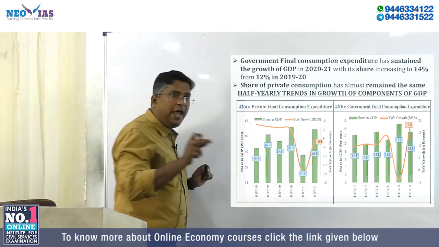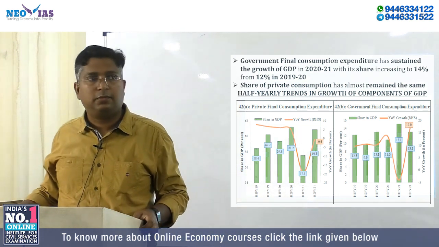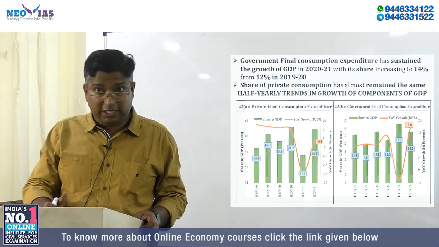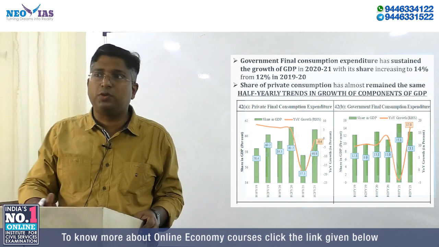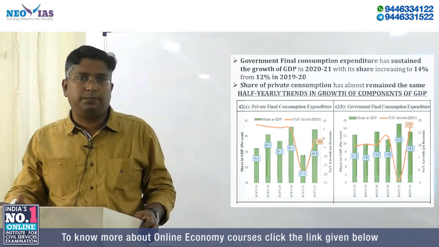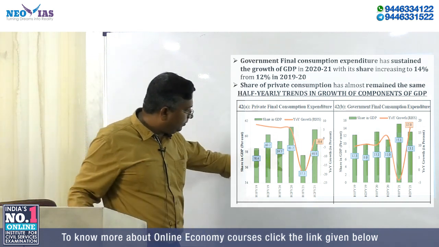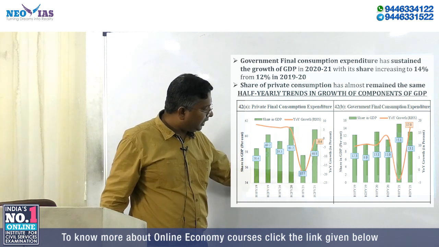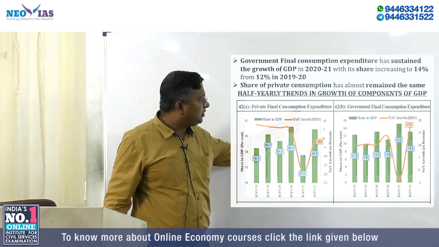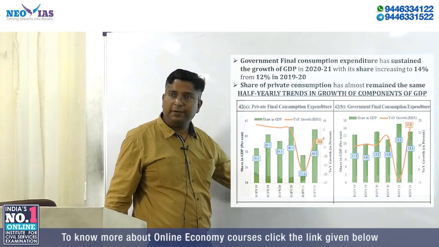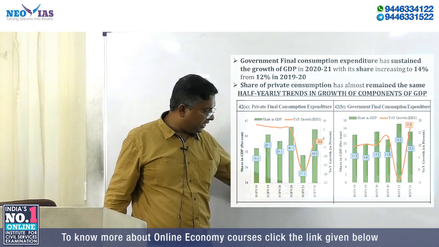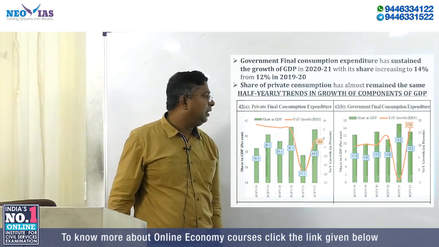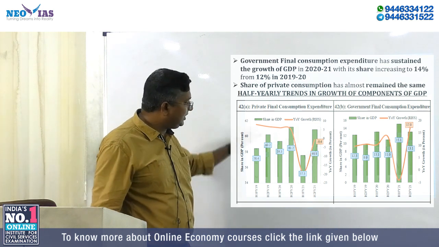See, this is the period where we had the stringent lockdown, that is April, May, June. That quarter was severely affected. Then July, August, September, the second quarter. There, because of the contraction, the share of private final consumption expenditure went lower to 57.5. But again, it is expected that it will recover as part of economic recovery. From 57.5, it will move to 60.8. Okay, so keep this trend in mind.